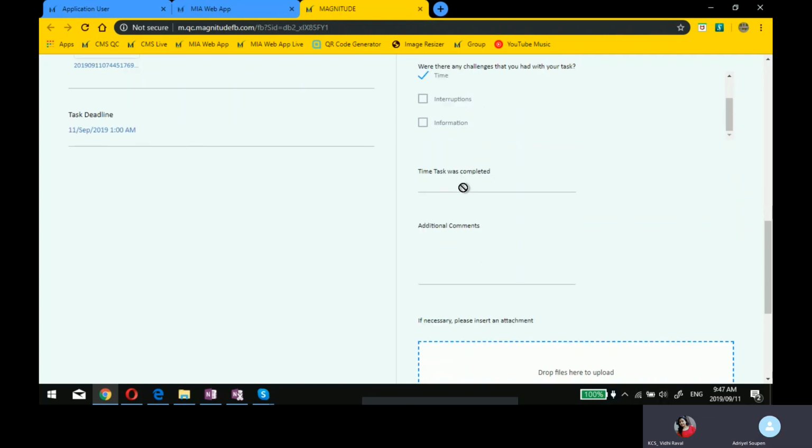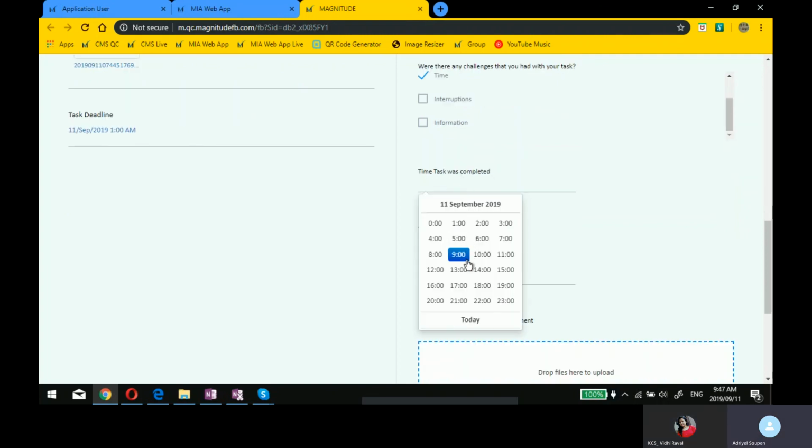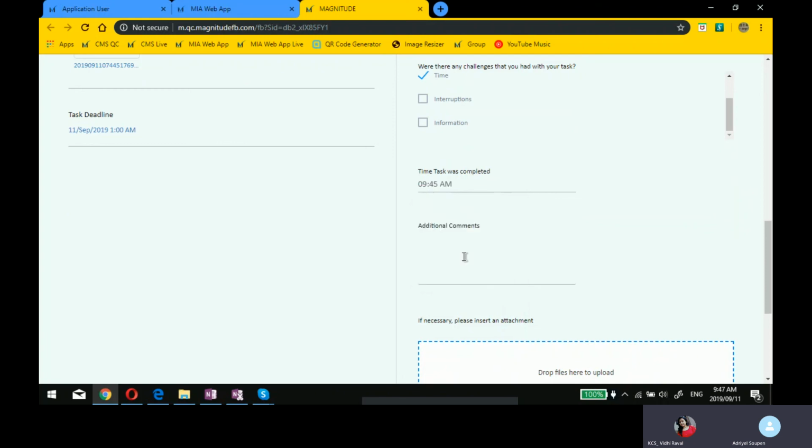It's going to say task, the time the task was complete. So what time? Let's just say now it's 9:47 on my side, so we'll just say 9:45. Any additional comments? We can say took longer than expected due to a tree. Oops. So